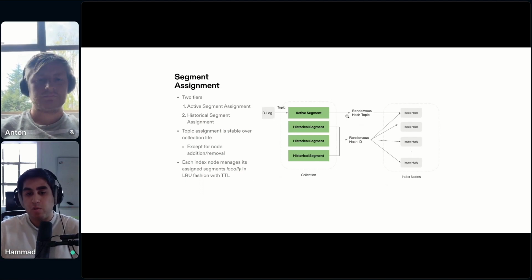For active segments, the way we assign them is based on the topic from the distributed log. The distributed log, in the case of something like Pulsar or Kafka, exposes the abstraction of a topic. What we do is rendezvous hashing, where we take the segment ID and the machine ID, and then apply a hashing scheme to decide which indexing node is responsible for that active segment. This gives us a way to make sure that topic assignment is stable over the lifetime of a collection. So if no index nodes crash,